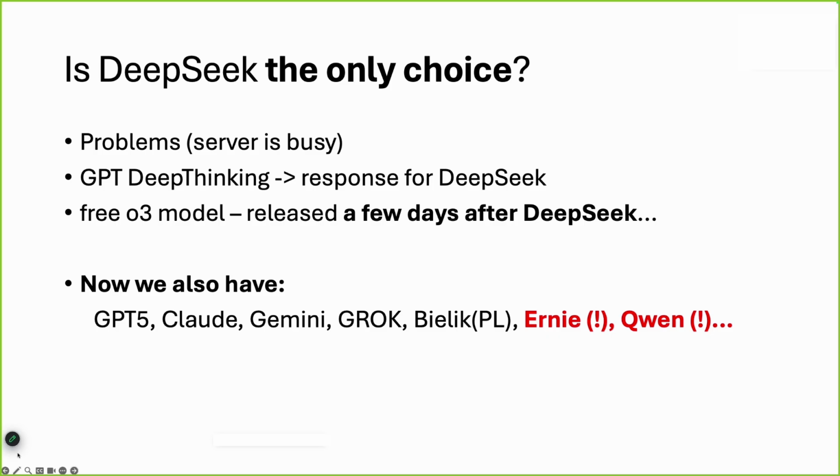Then they introduced the o3 model. This is already history, even though it is only 1 year old. Now we have GPT-5, Claude, Gemini, Grok. In Poland, we have a very nice Bielik. Ernie and Qwen, be aware that those Chinese models have a very special policy in which you cannot use what they produce as if it were yours. Okay, so be aware. Read the policy when you work with chats. The safest is OpenAI, obviously. Claude and Gemini have a very nice policy as well. Anyway, let me go on, okay?